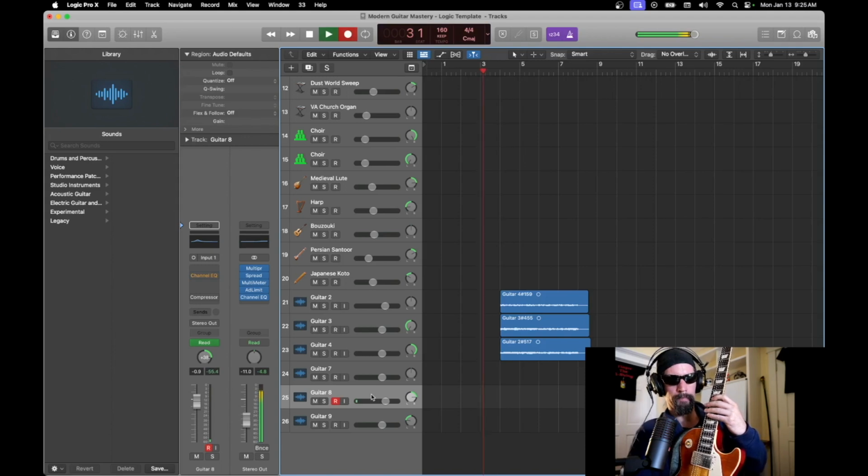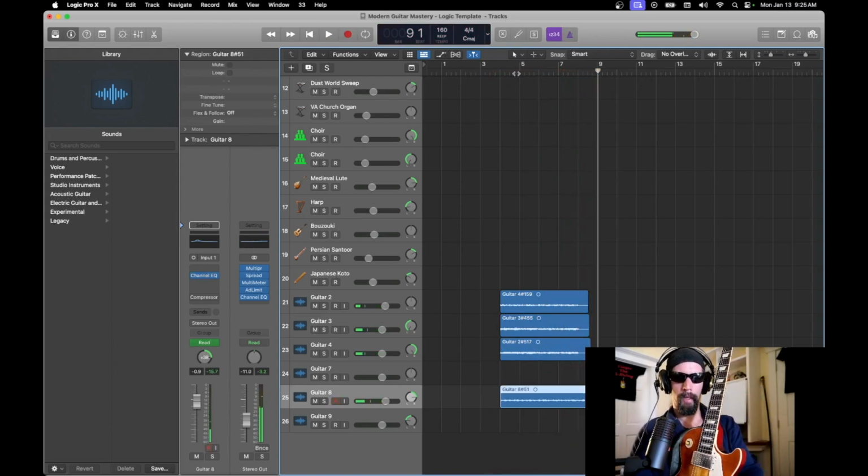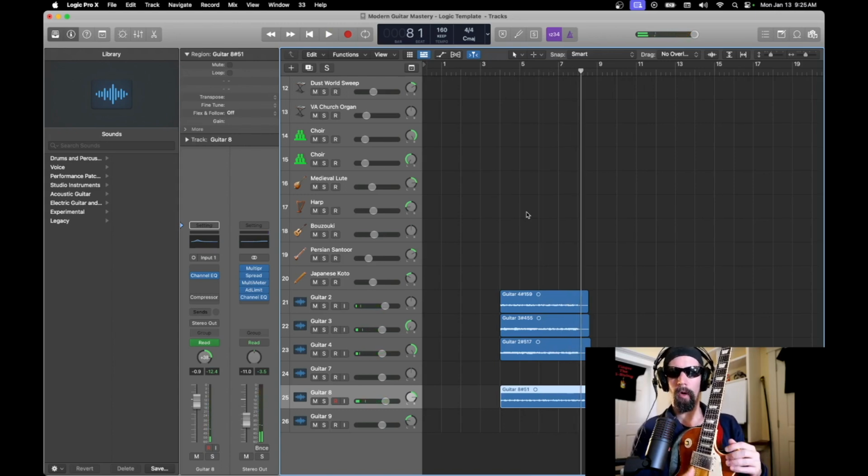Let's try it. Yeah, so that's kind of fun. At this point, we have just like this rich guitar orchestra, but these are all variables you can play with